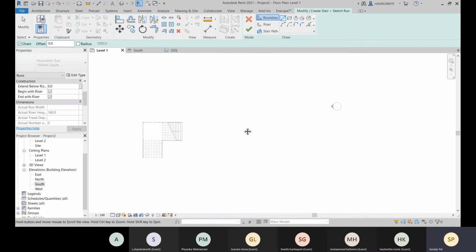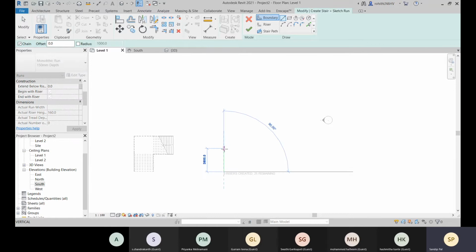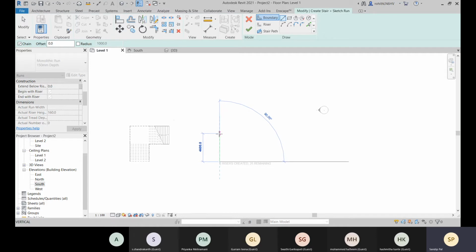Let me just create one boundary over there, from this point. Sorry guys. You specify the boundary. If you have the proper length, you can just type the value. If you don't have the calculated value yet, you want to calculate it here.